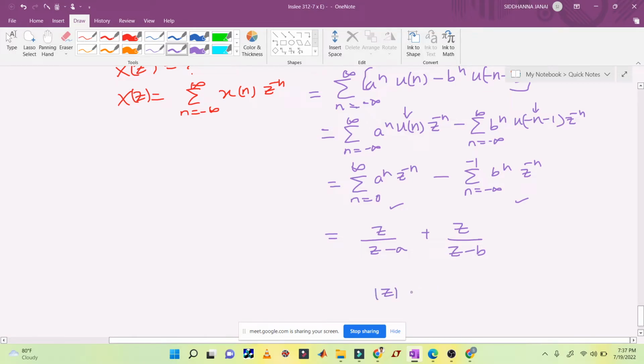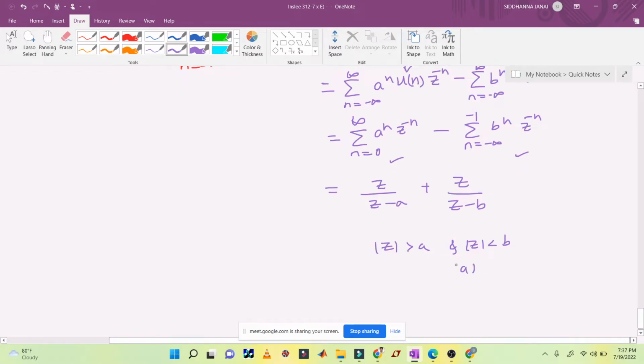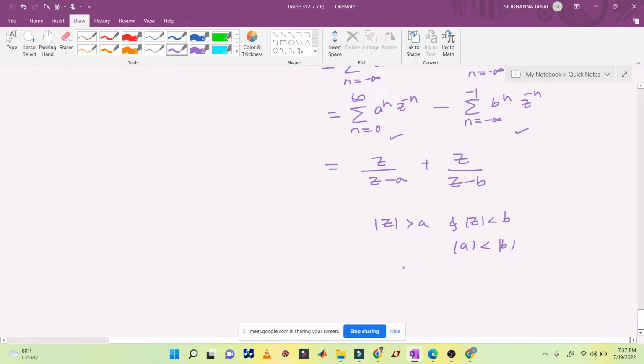ROC is mod z greater than mod a and mod z less than mod b. The meaning here is a is smaller than b. This is also we need to remember. Z is greater than a but less than b. So b is obviously greater than a. So ROC is a ring,